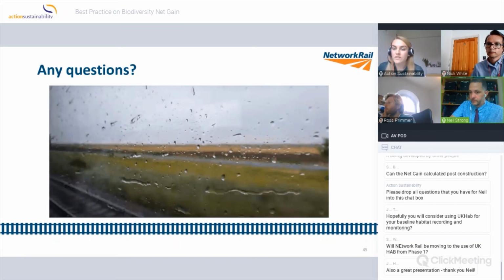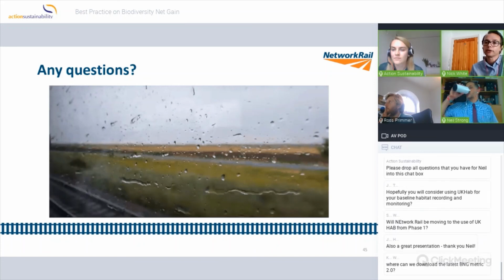And just one here, from where can we download the latest Biodiversity Net Gain Metric 2.0? So just very quickly, Imogen, it's on the Natural England Products and Publications catalogue. The easiest way, if you Google Biodiversity Metric 2.0, that will take you to the page and you can download it and the guidance documents. As I said, the updated, revised version of it will be available from December, and that should be in the same place. And you should also be able to access it via gov.uk as well.